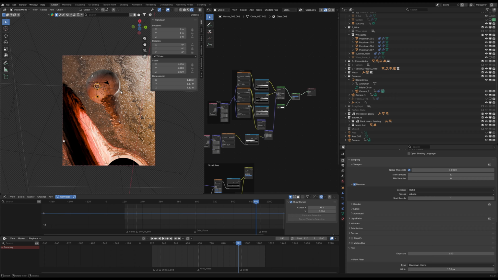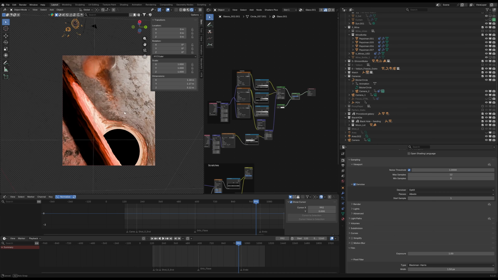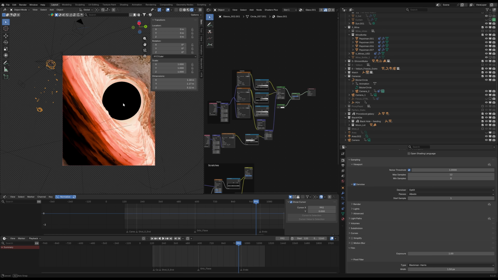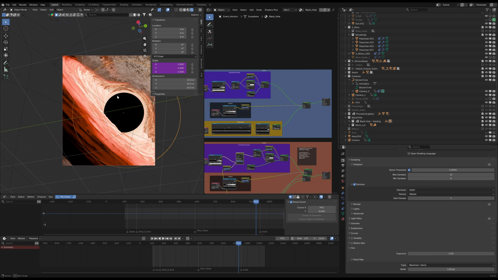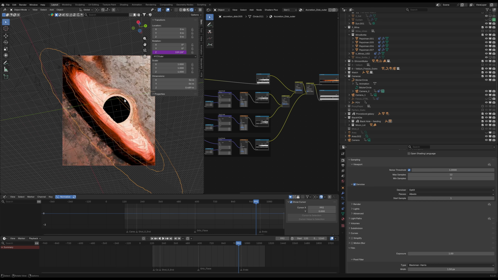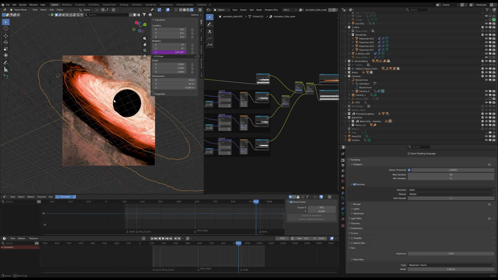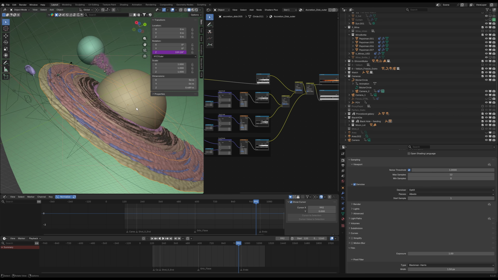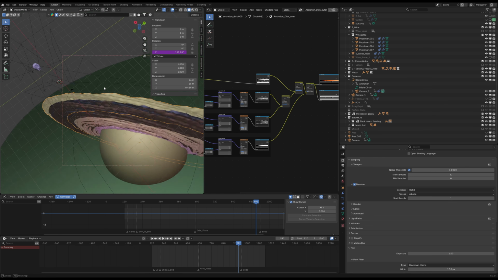Oh, I forgot about one thing. The black hole wasn't made in Houdini, it was made in Blender. I made my own, but I used this. This was a finished asset that I downloaded, and I used it in my project because it was nicer than what I made. It has, I'm going to show you right now, it has a layered disk, which has an